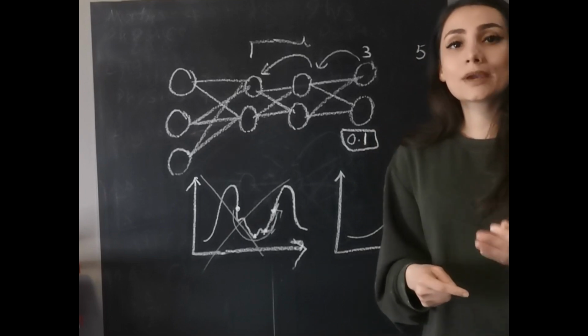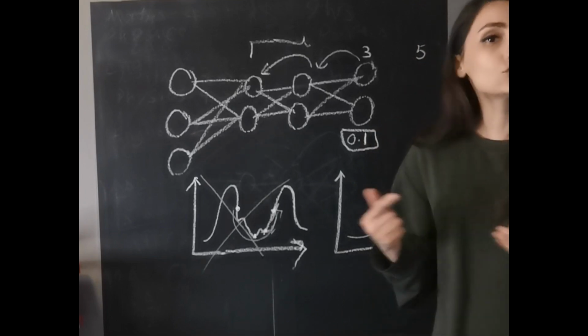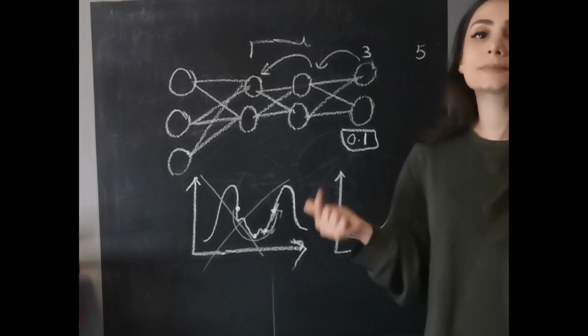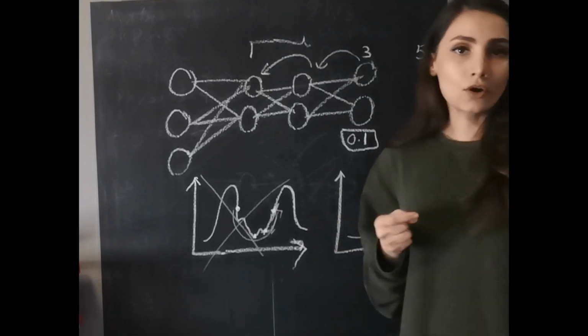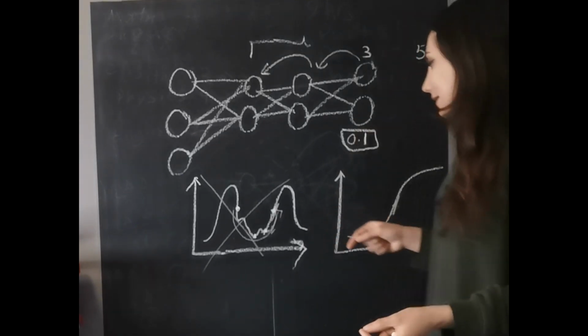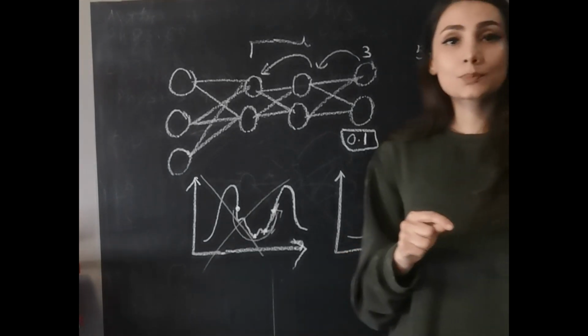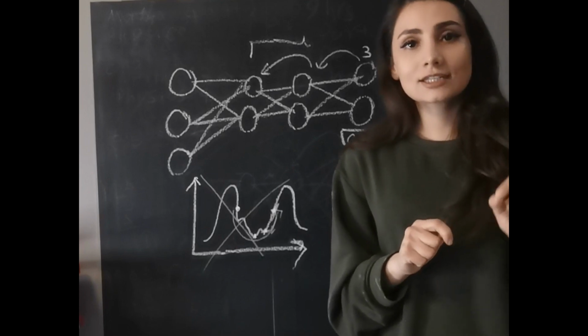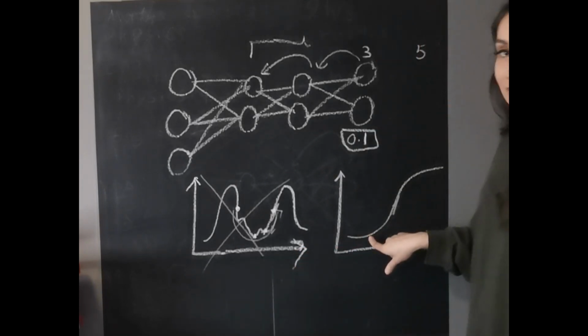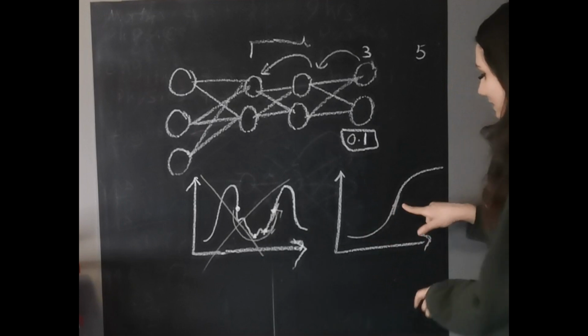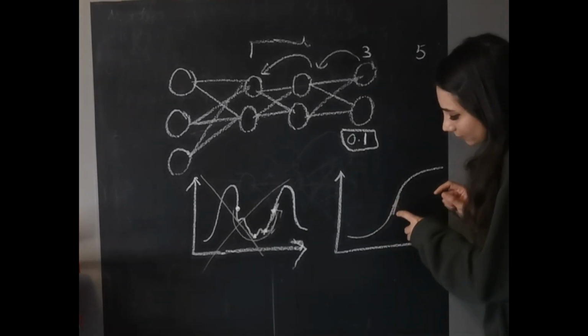When you're changing the weight by almost nothing, no learning is happening because you're not updating the weights. That is called a vanishing gradient, and it depends on the activation function that you choose. So for example, if you're using sigmoid, as you can see here, the gradients are very steep,